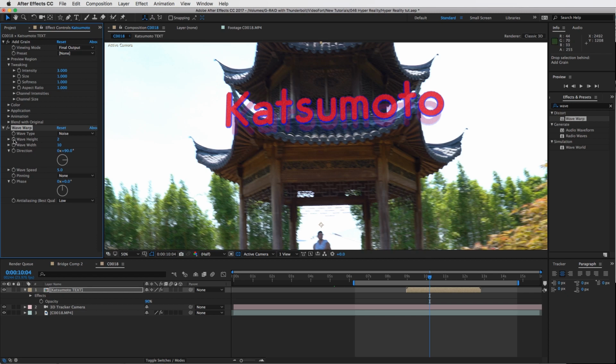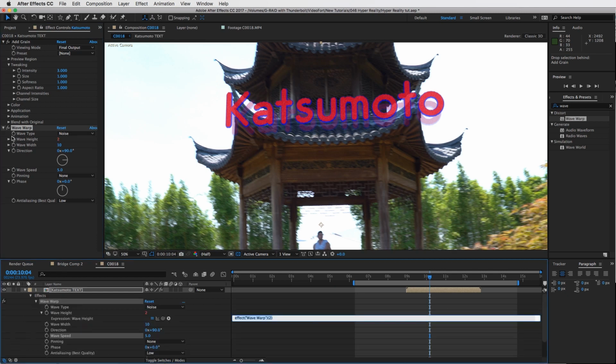And then what we're going to do is alt click. Okay, so hold down the option or alt key on your keyboard and click on that wave height keyframe stopwatch tool, and we're going to type in an expression here. So type in wiggle, okay, and maybe 0.2 and 5, and then end parentheses, and then hit the enter key